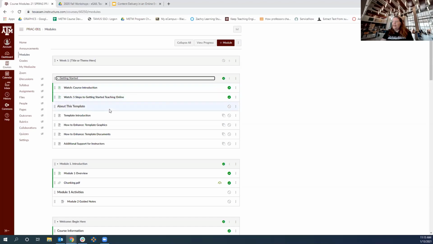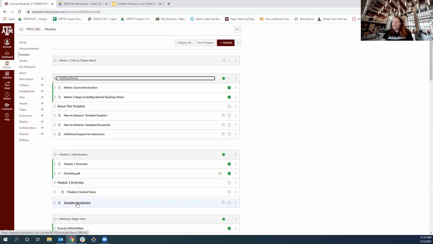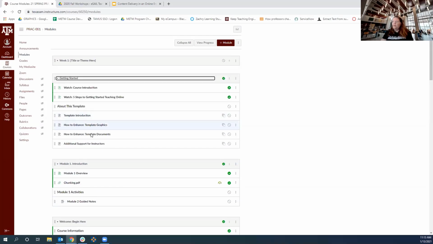And then this were things from the template that I saved, but I grabbed it because you see this is from the blueprint here, and I moved it within another module. So I can move these kind of within other modules. So that's another way to kind of organize your material. So you can move modules within the list, but then you can move items and drag them into different modules.